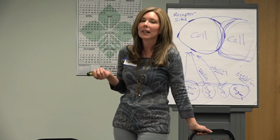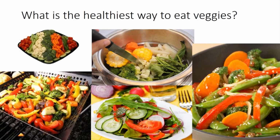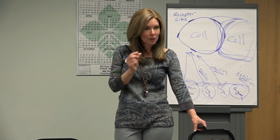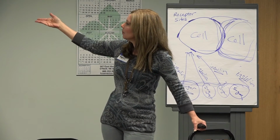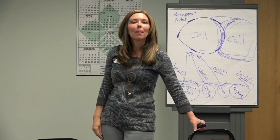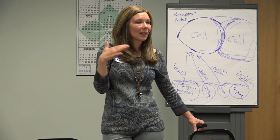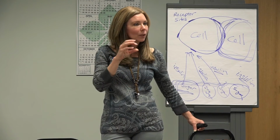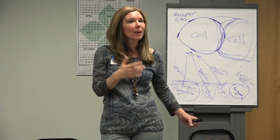All right, what's the healthiest way to eat vegetables? Lightly steaming them, or even eating them raw, uncooked, although sometimes people can't chew that very well. There's a lot of ways you can prepare vegetables. You can do a stir fry and not use a huge amount of oil. If you get a nonstick skillet or a wok, you can just do a small amount of oil. Steaming, having a salad. What about marinating vegetables? Has anybody done that where you make a dressing with vinegar and maybe a little bit of sugar, not a lot, a little bit of oil,